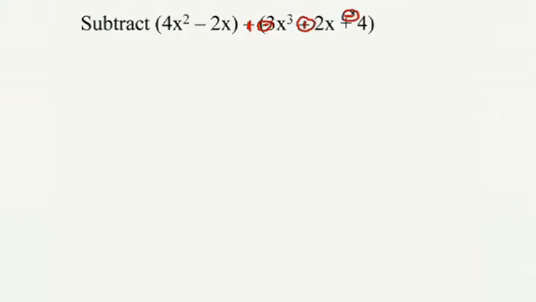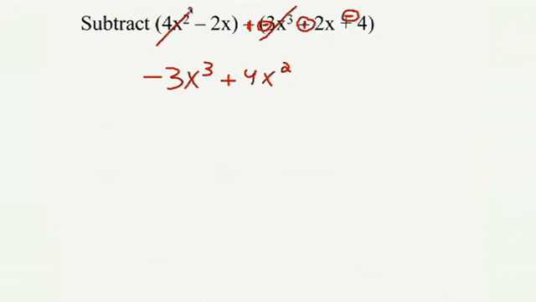All right, again, we're still looking for largest exponent down to smallest exponent. This is the only x cubed I see, so my answer starts with negative 3x cubed. That takes care of this. This is the only x squared I see, so that's plus 4x squared. I should mention that if you don't see a sign in front of a term, it's understood that that term is positive. So that's why this is plus 4x squared.